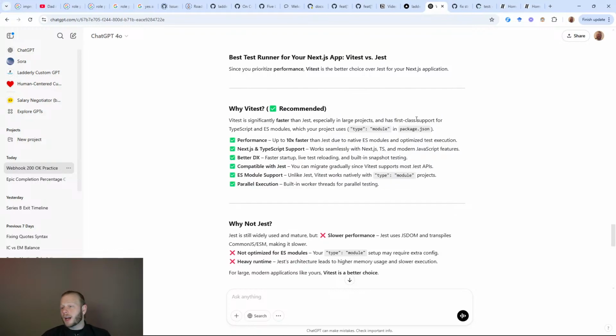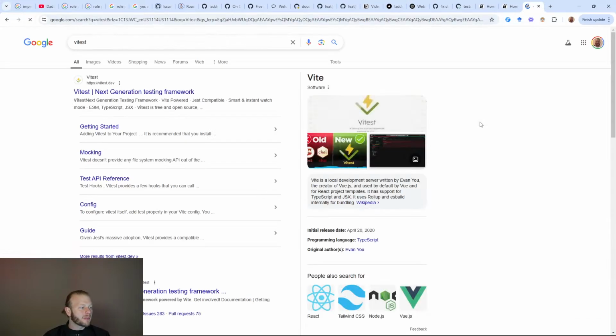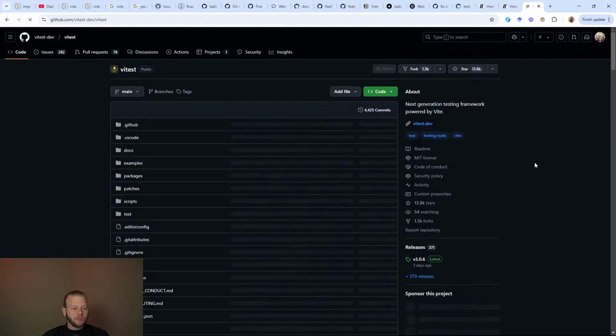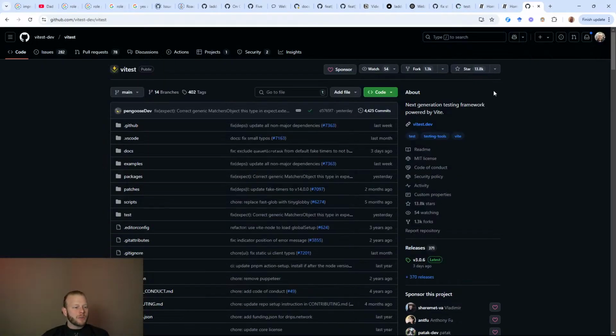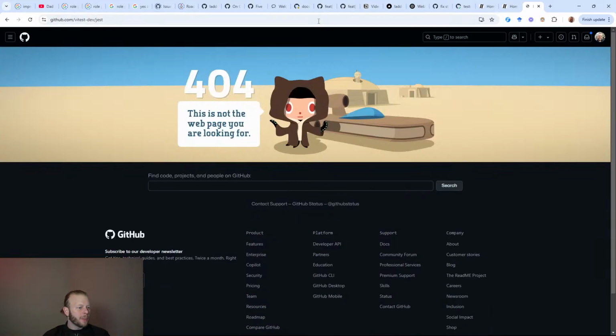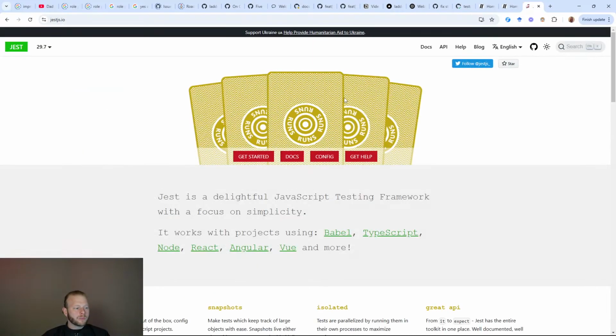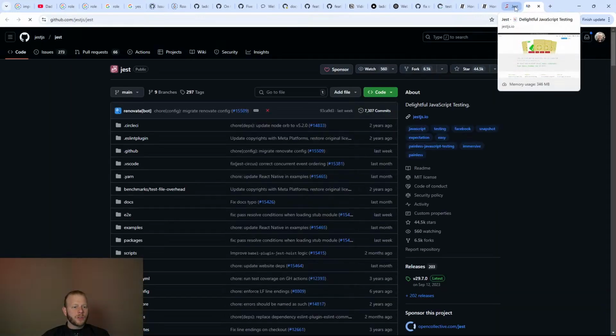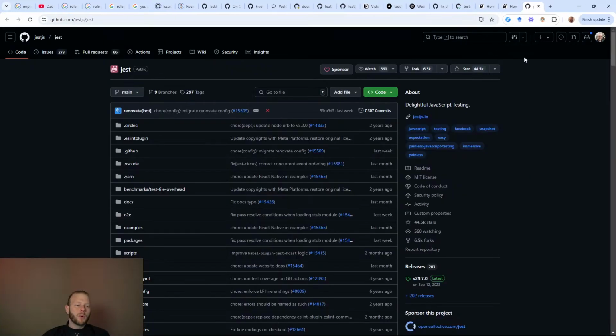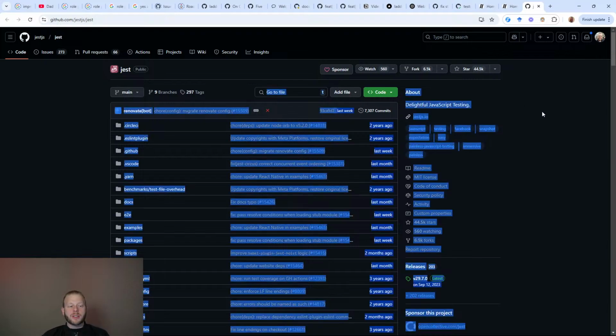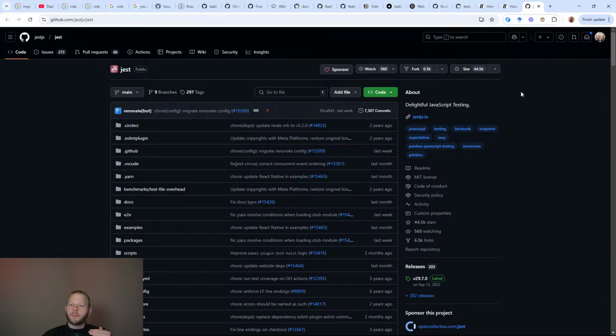You should use vitest. And I'm also aware, I mean, we can check the GitHub stars or whatever, but this is a relatively mature module. This is not something that came out yesterday. Over 10,000 stars. And then we can compare it to Jest. So Jest is over 40,000. And you could do more advanced things like the issue to star ratio, fork to star ratio, age, other considerations. I'm not surprised that this has many more stars because it's just much older. So Jest is, you could say, more mature, or maybe more stable.